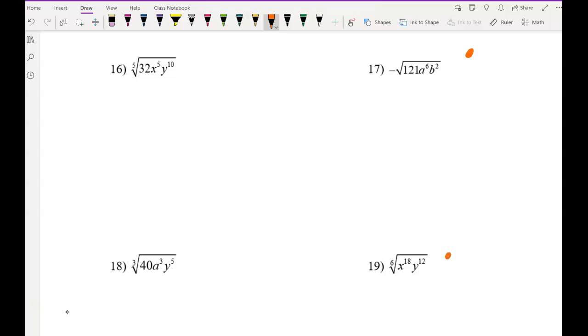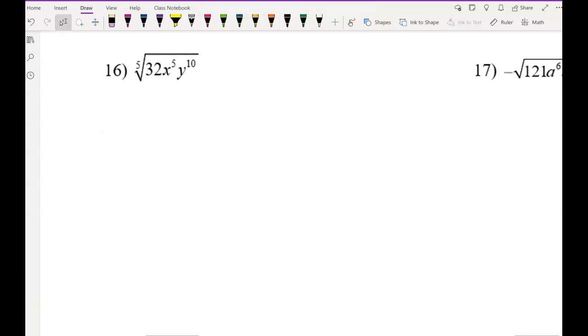So we are gonna make sure we double check on 17 and 19. 16 and 19, we're just gonna do it as normal. Okay, ready? Fifth index, guys, of 32 times x to the 5th times y to the 10th. So fifth index of 32, if you don't know that's a perfect fifth root, then we can start with 2